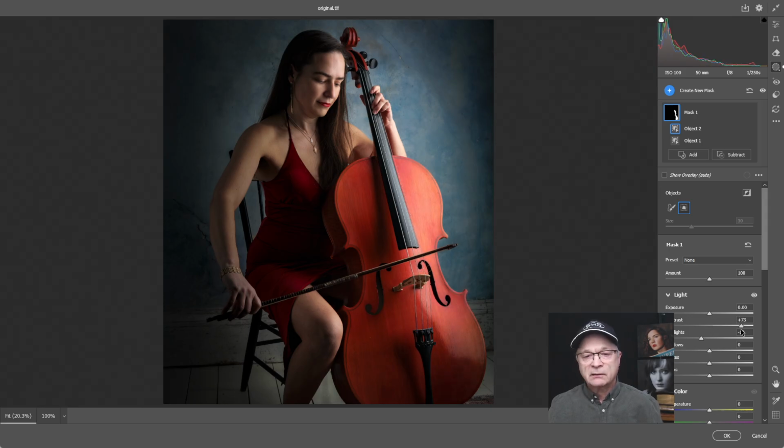Let me just see if I need a little contrast on it. A little less, a little more. There we go. So it still looks like it's at the window, but it's not nearly as bright as it was. Okay, so let's say we've done that. Now let's do the other suggestion as well.